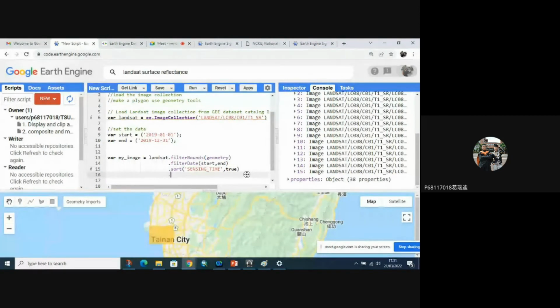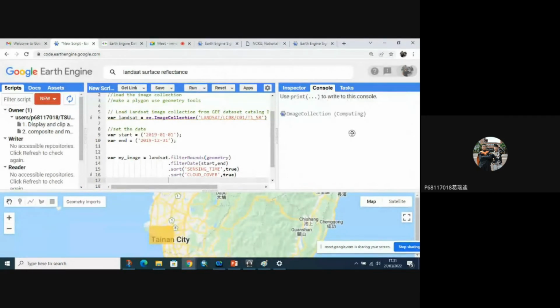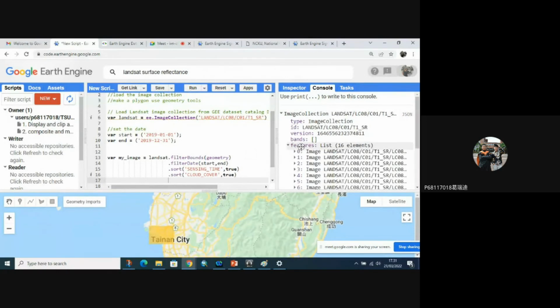And then sort again, maybe sort based on the cloud cover, cloud cover percentage. Again, your data will be sorted.